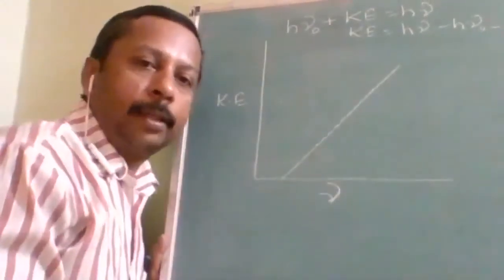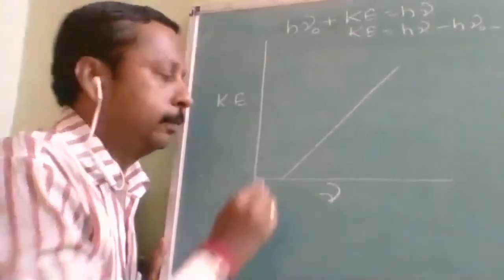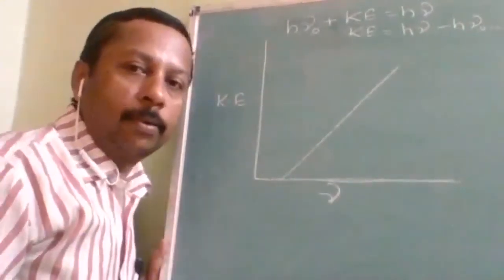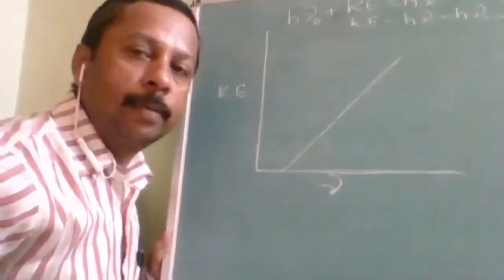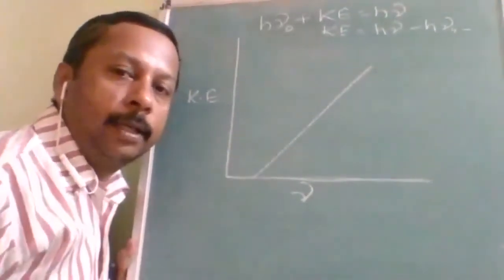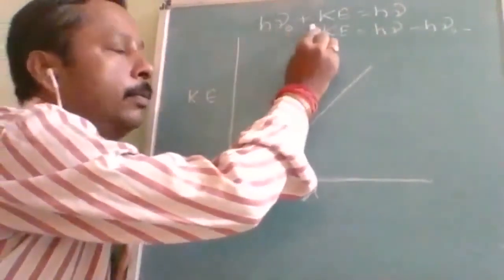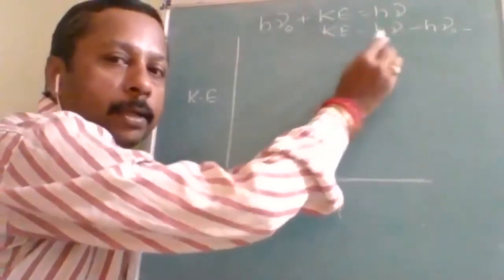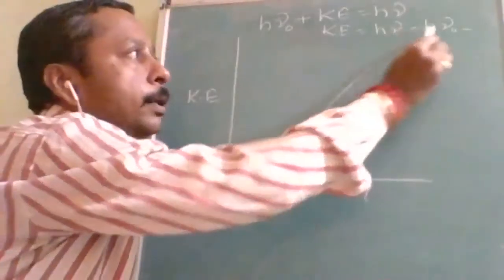After completing the few graphs about the photoelectric effect, we are moving into some more advanced level graphs. This graph we have already studied, but sometimes they ask about the intercept, and some more in-depth related questions. So I am explaining it from that point of view. First, we know that h nu is equal to h nu naught plus kinetic energy. So kinetic energy is equal to h nu minus h nu naught.